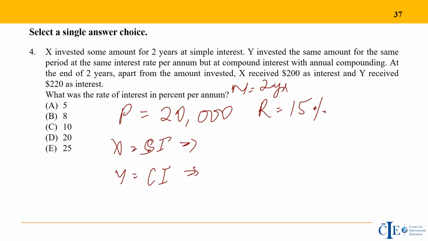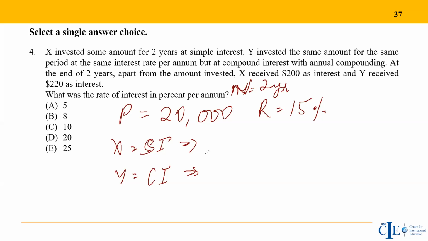This is true only for a 2 years period, and they'll ask you only for the 2 years period. Most of the questions are directed at a 2 years interval. Now, there's no need to calculate the simple and the compound interest and then take the difference, right? You can just see, we are interested in finding out the difference.